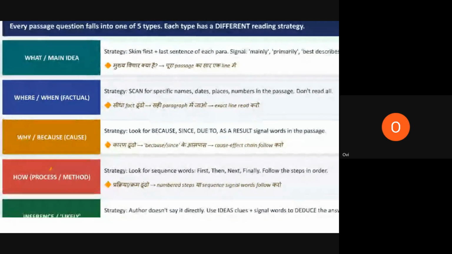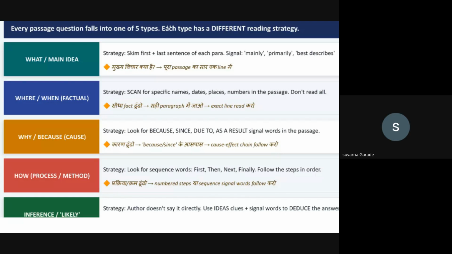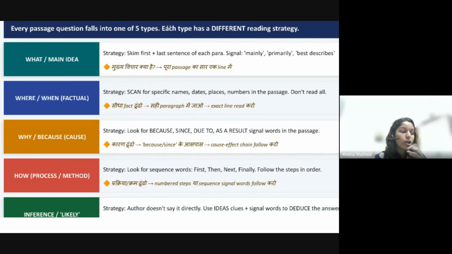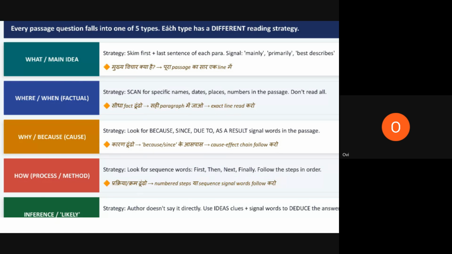Ma'am, is the screen visible? Ma'am, screen is not visible. Okay, so when you have words like...